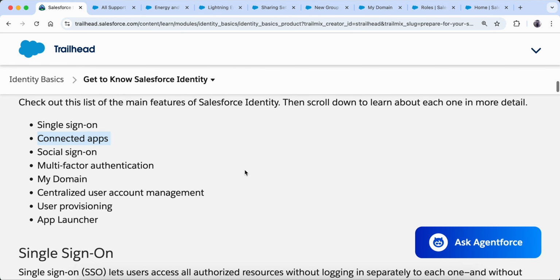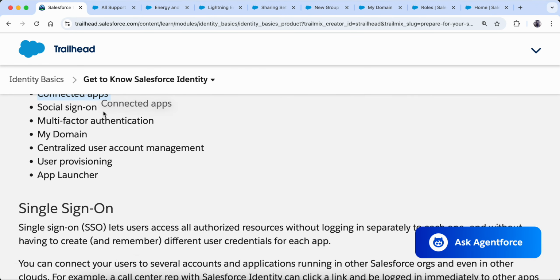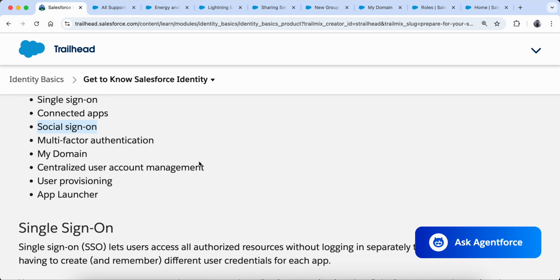Now the third one is the social sign on. Social sign on is when I am connecting to my application from a social media platform. It can be Facebook or Google or X, or Instagram. You might have seen that, especially on a new application where you do not have an account, they ask you, do you want to sign in from Google or from Facebook, like that. So this is social sign on. And for particular features, the social sign on is important.